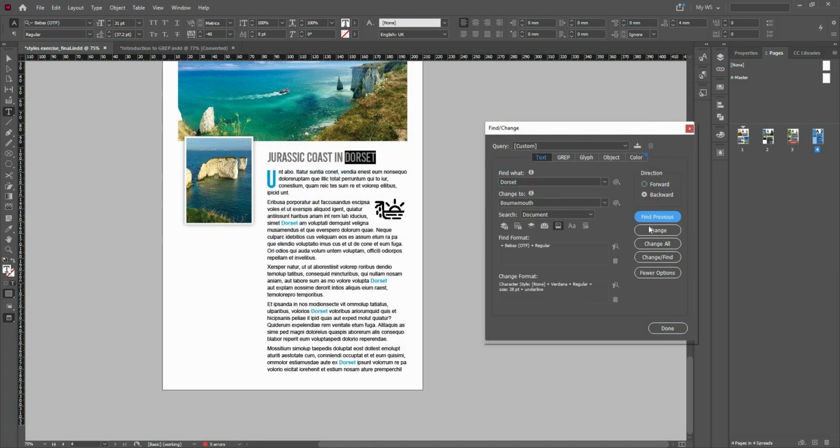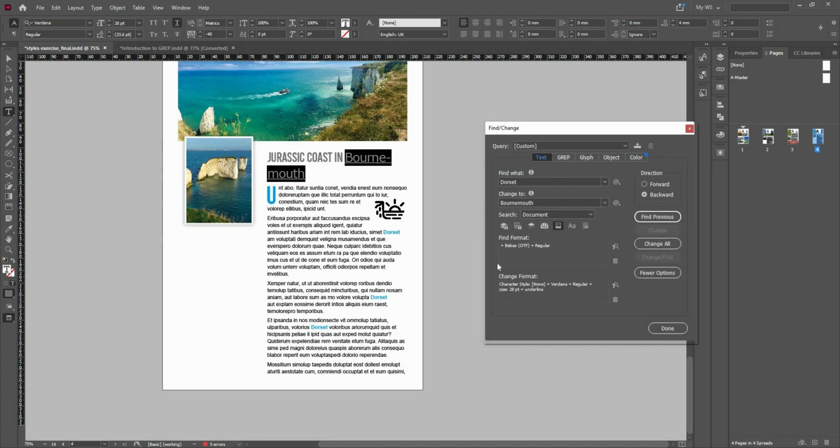Go ahead and give change, and there you can see it has changed the character style, the font, and the size, and given underline as well. You can also change the direction in which you want to search through the document. So I'm going to just keep it on backward, because I think this was the last instance on the page. If I choose find previous,